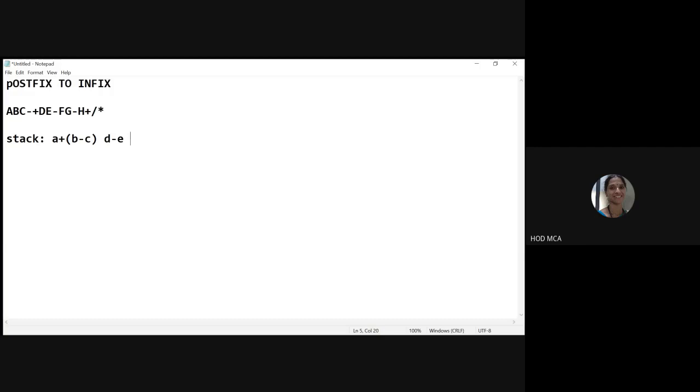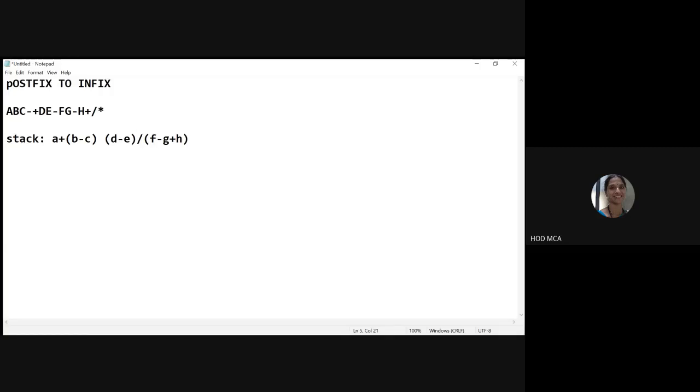So I can put braces here, F minus G, because we are doing this operation. So that's okay. Even for D minus E, if you want, you can put them, no issues. Here also, when you push that, you can put that in that form, because that part of the operation is already done, is it not? Then after this, I have plus, which is done. We have a slash. So a slash will be performed between this and this. So I'll be doing this and pushing that result onto the stack.